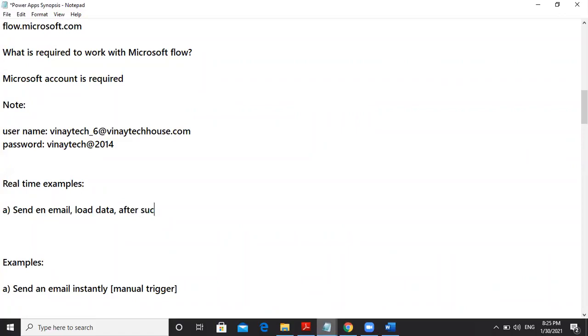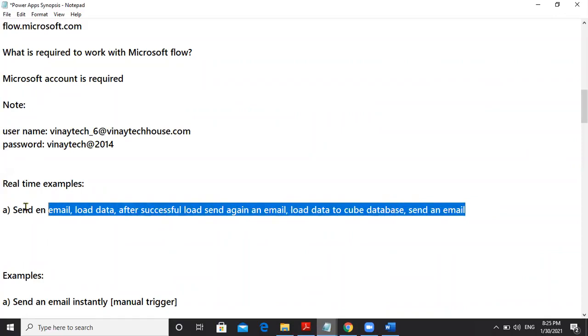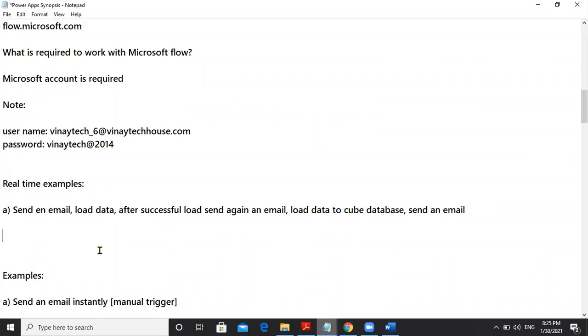After successful load, send another email, load data to the cube database, send an email. If you want to do this set of operations in a single place, then Microsoft Flow is suitable.